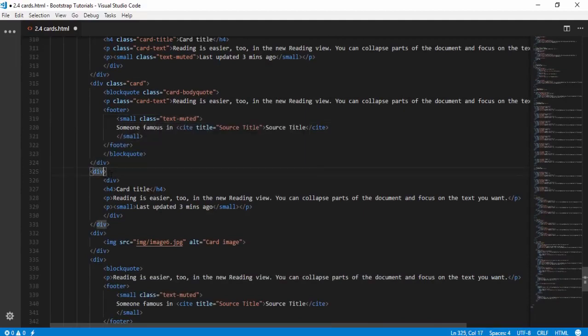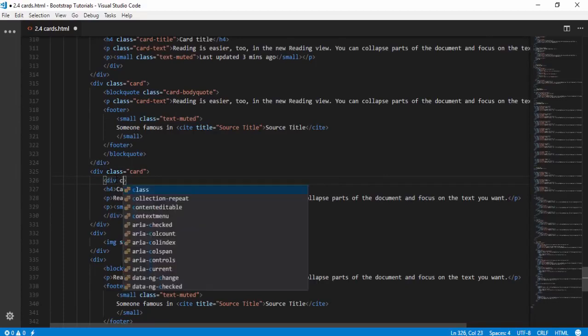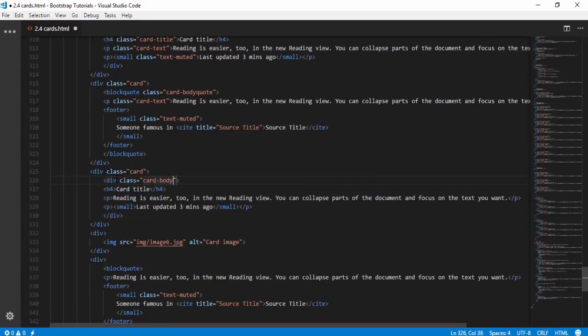Right, this is a div, and I will assign a class card body, card title, card text, and class text muted. Right,